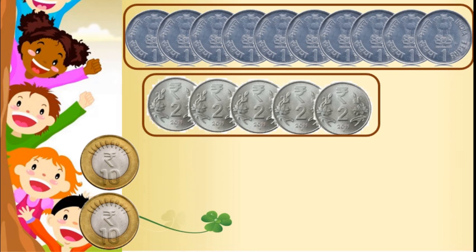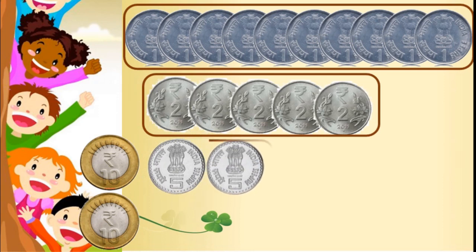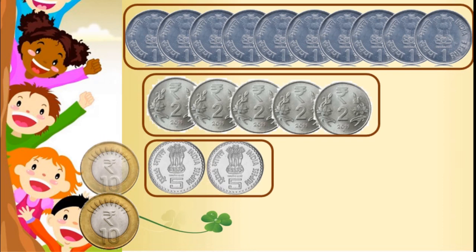Next, Mona's turn. Mona, please give me 10 rupees change. Now, Mona has only 5 rupee coins. Now, we'll see how many coins she is going to give me. 1, 2, yes, over. Only she gave me 2 coins of 5 rupees. Yes, Mona is also right because 5 plus 5 is equal to 10. Isn't it? So this is for you, Mona.